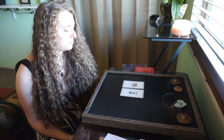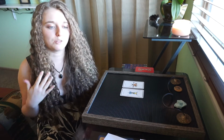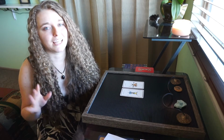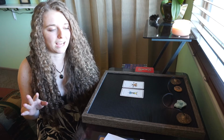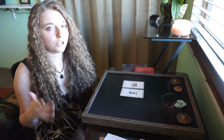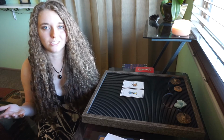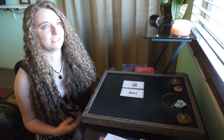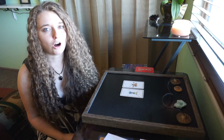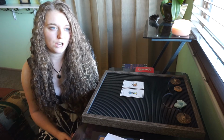So there could be something in the back of your mind telling you, no, don't do it, because that's not safe, that's not comfortable, that takes you out of the comfort zone. And maybe you don't want to go to college, you know, but other people say you have to go to college to be happy and be successful in life. But there is something else calling you, and you are being called to a creative path. Or